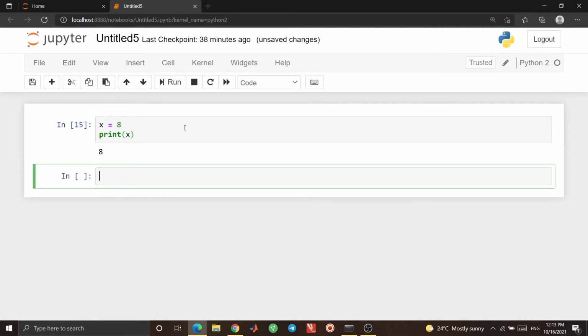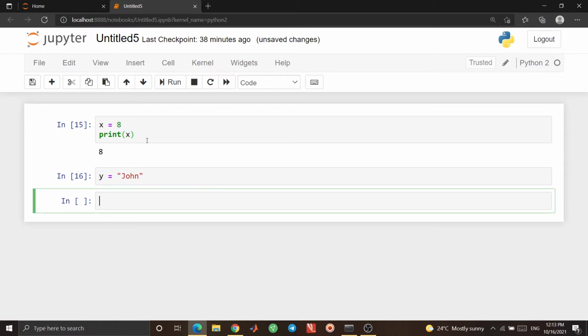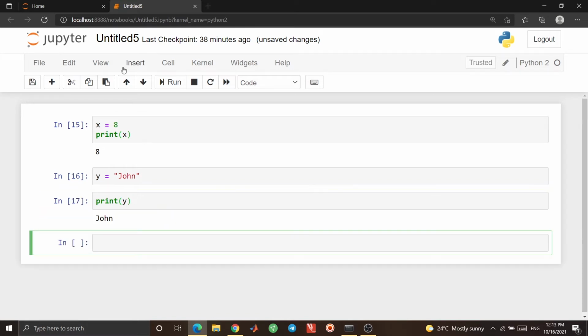This is printed. And you can also assign a float or string character to the variables. It doesn't matter what the type of your data is. You just need to assign that value to a variable. For example, I write y equals, for example, John. And here I want to write a print, and I put y between these parentheses, and again John is